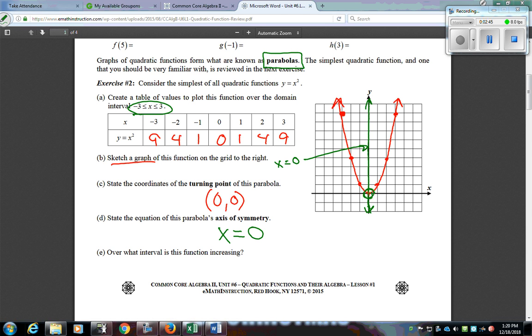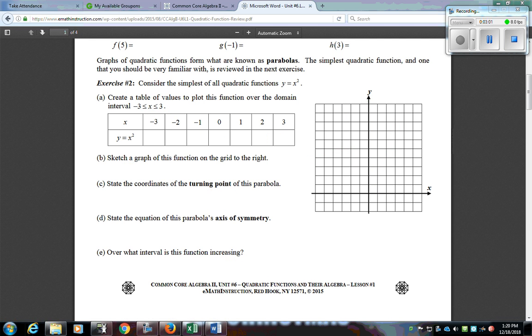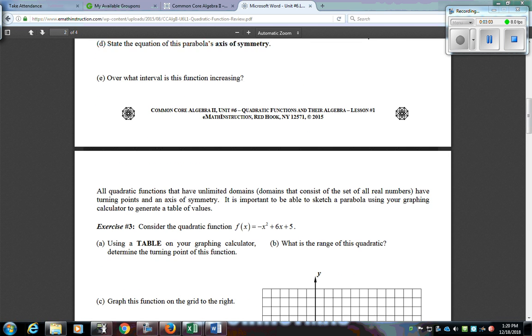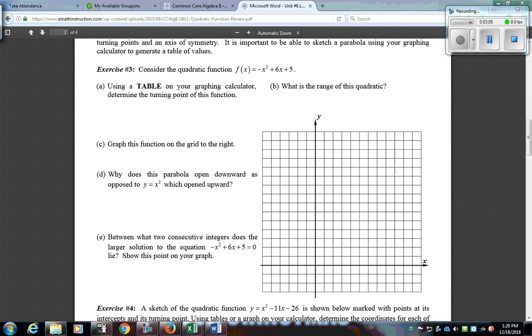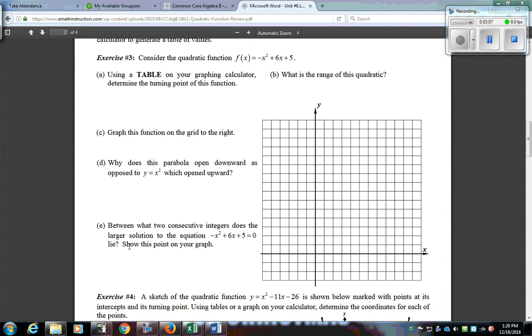And then the graph is going to be increasing when x is greater than 0. So from this point, our turning point, going to the right, you can see the graph is going up in that case. So now we're going to move on to the back of this. And for exercise 3, pretty similar